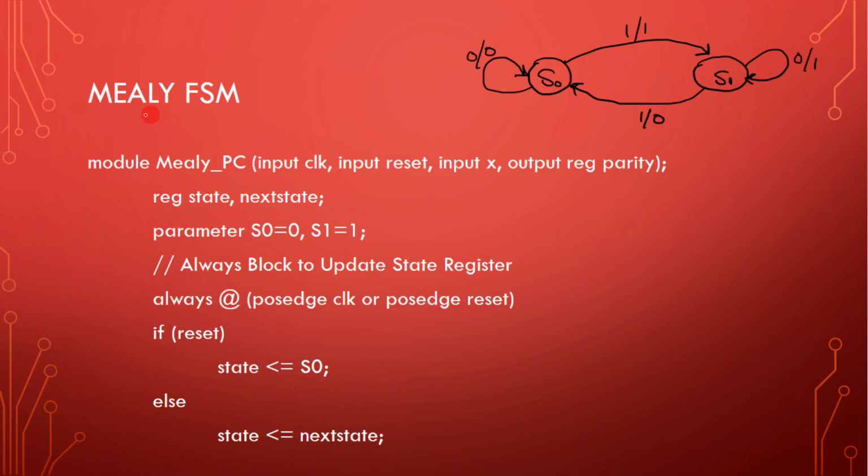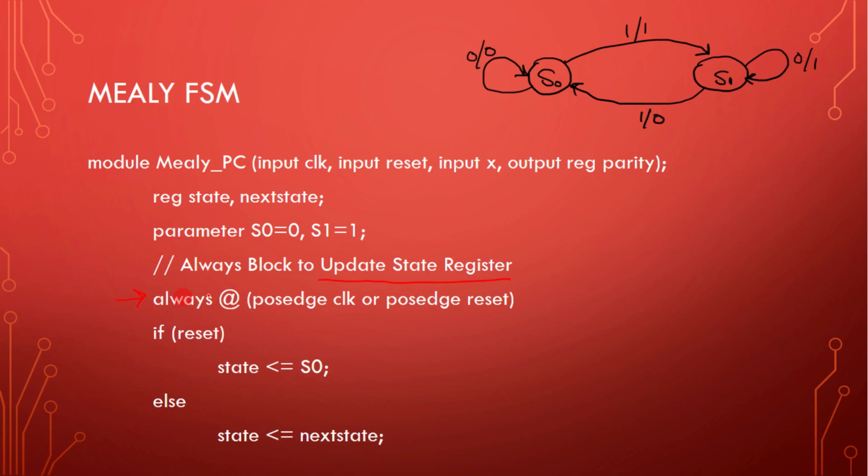No matter whether you want to implement it as Mealy or Moore, you can implement it using 3 always blocks. This always block is known as cyclic behavior. You can implement your finite state machine with 3 cyclic behaviors. So this is one cyclic behavior which is used to update your state registers. As you know, state registers are basically flip-flops which operate on either positive or negative edge of the clock, and they have a reset pin that initializes or resets your state registers.